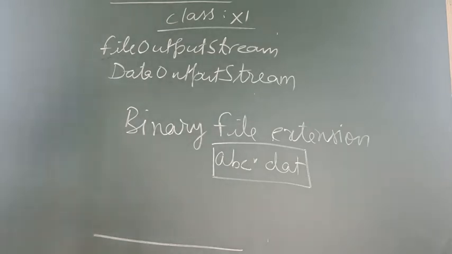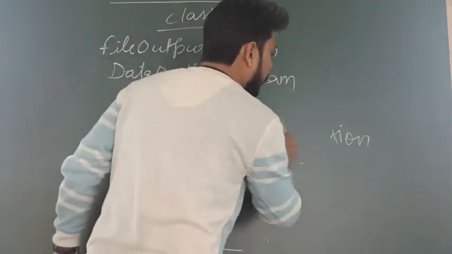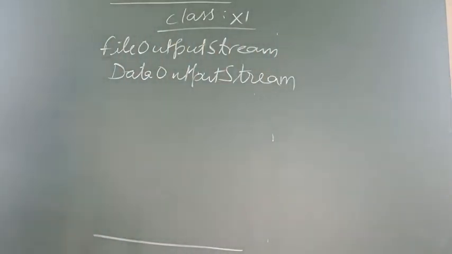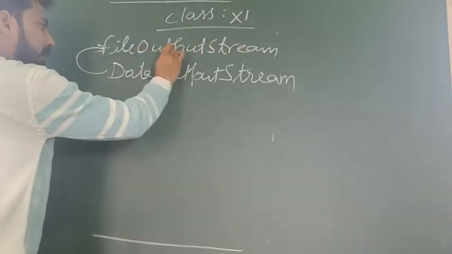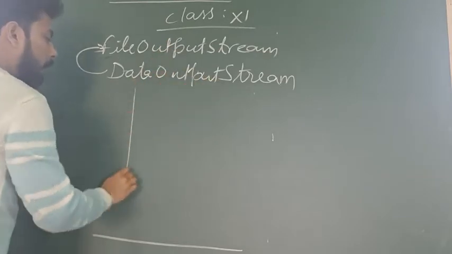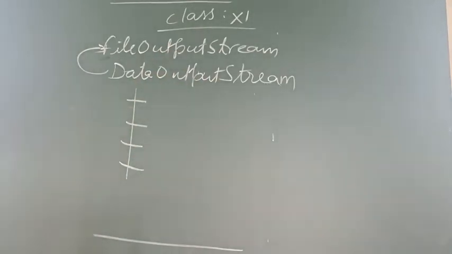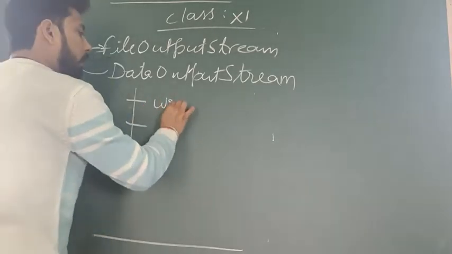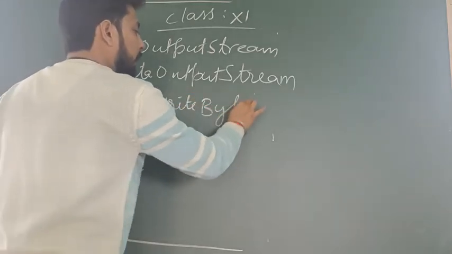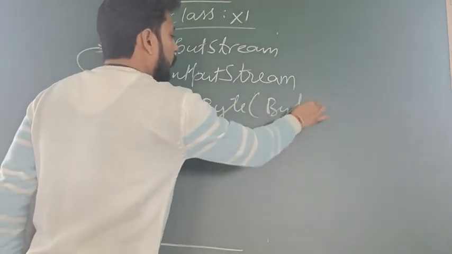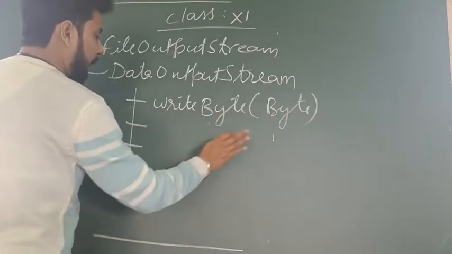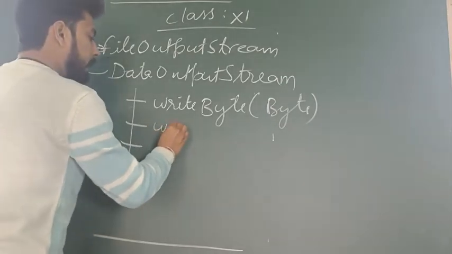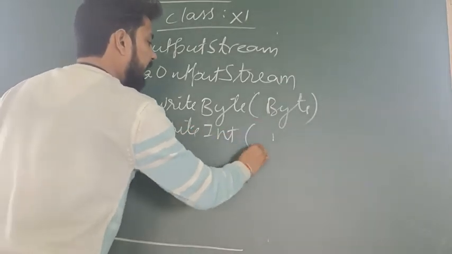Okay. And next is the data output stream. The data output stream will connect your file with your file output stream, and the file output stream has your file name, and that is connected with our data output stream. And to write the data, we have some functions by which we can write the data. For example, we have different functions: writeByte is used to write any byte data type in your .dat file, that is in your binary file. writeInt for the integer,